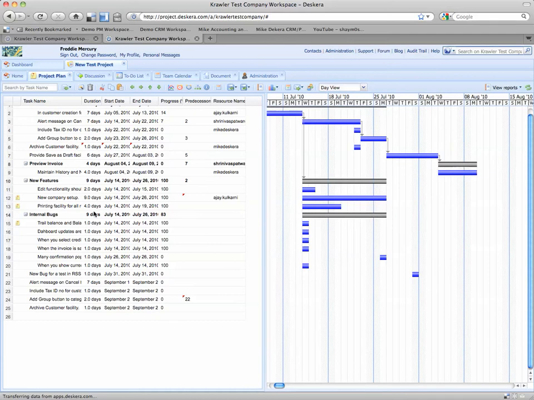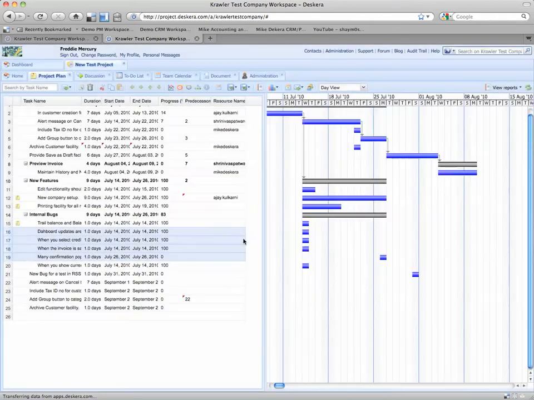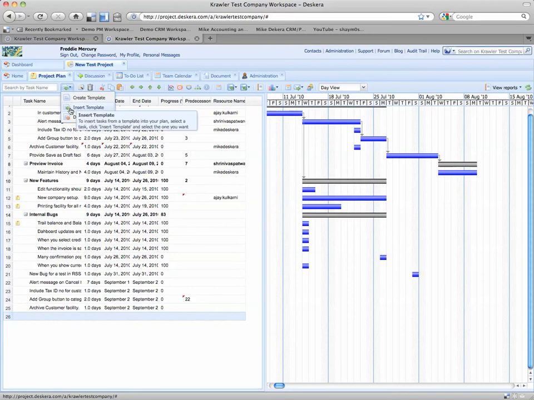Select the common tasks in your project plan, as such, and go to Create Template. This allows you to create a template for your common tasks. Create the template, and then, by selecting the next empty row on the list, open this up and hit Insert